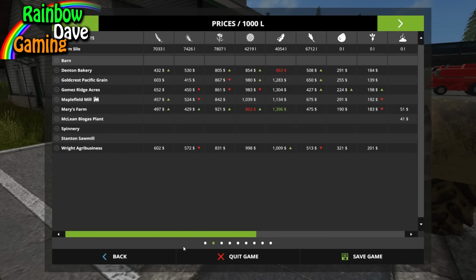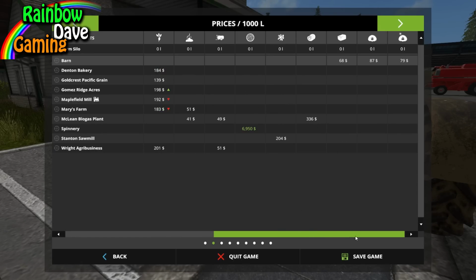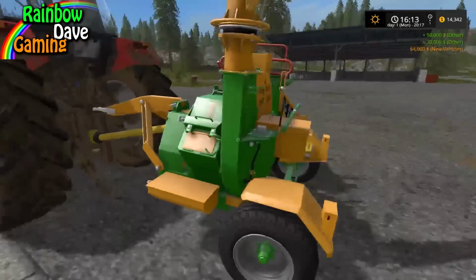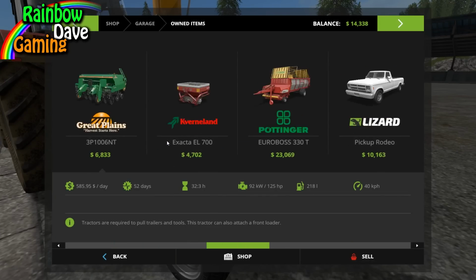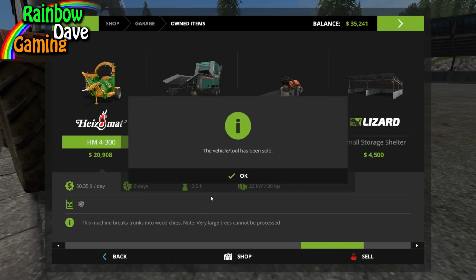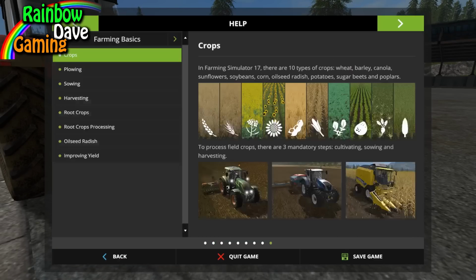Wood chips. Oh, we can sell them at the sawmill. Okay, so I didn't do something as stupid as I thought. What I will do, however, is I will figure out how to sell... Yes, let's sell the wood chipper I just bought, the Hyzomat, because it's effectively useless. I'm gonna do a bit of cheating here and just teleport the...